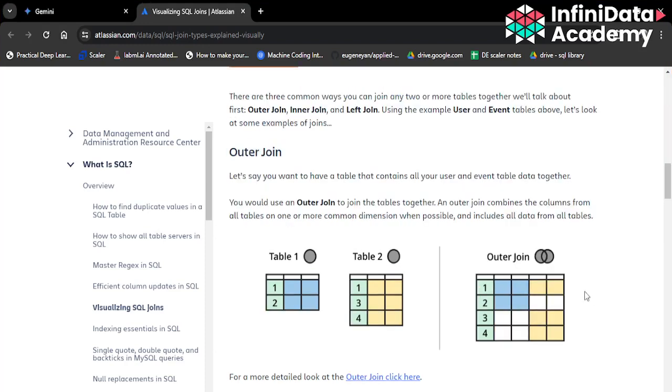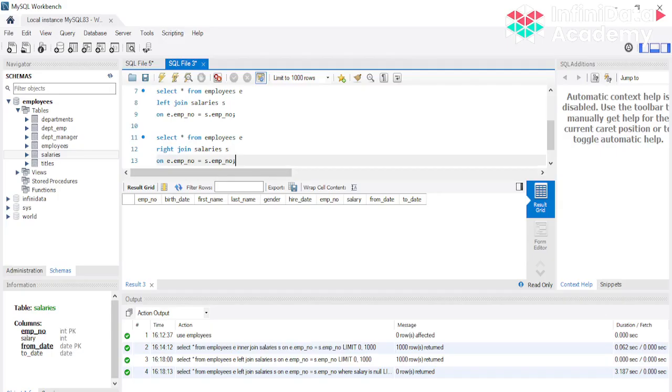All right, so let's discuss another type of join, that is your outer join. So far we have discussed inner join, left join, right join, and there is a union. Apart from that there is outer join. So what will outer join do in this case? Unfortunately in this data set there are no null cases, so we cannot see the example, but what it is basically going to do is, we have the left table as well as the right table.